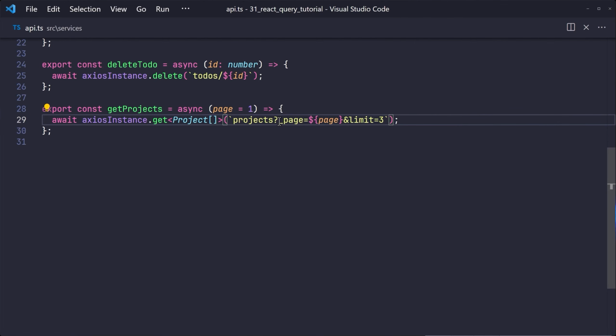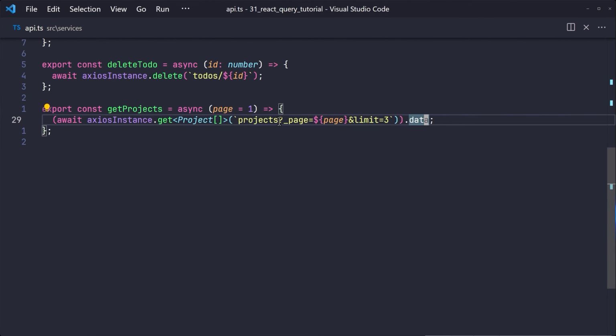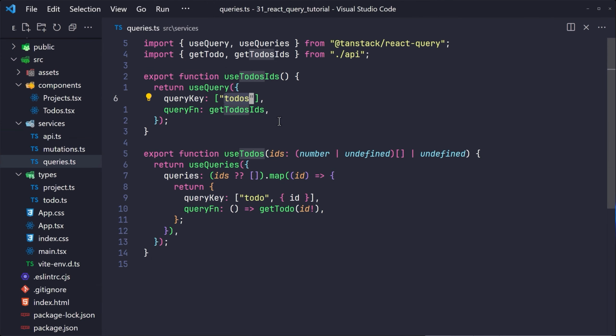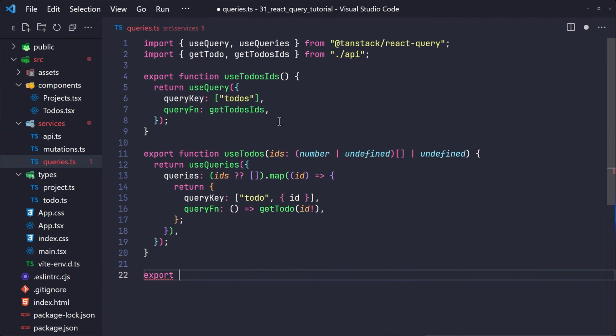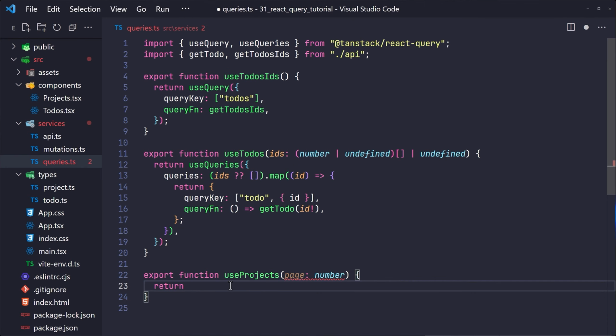And after this, I'm going to wrap this whole await here. And after that, I'm going to get the data directly from it. Then if you head over to our queries file here, I'm going to create another hook function like this, useProjects, which has an argument of page, which is of type number. It's going to return a use